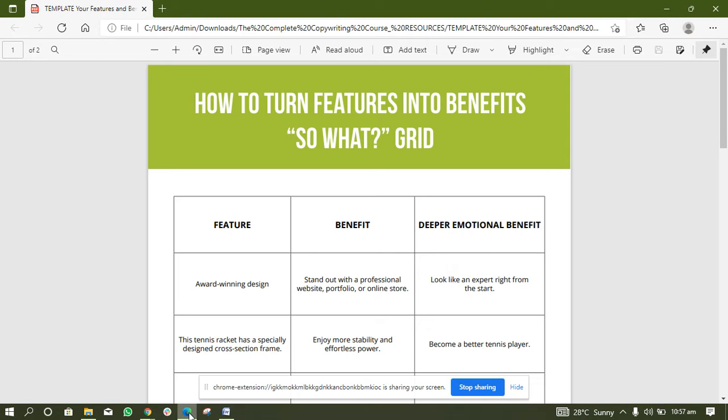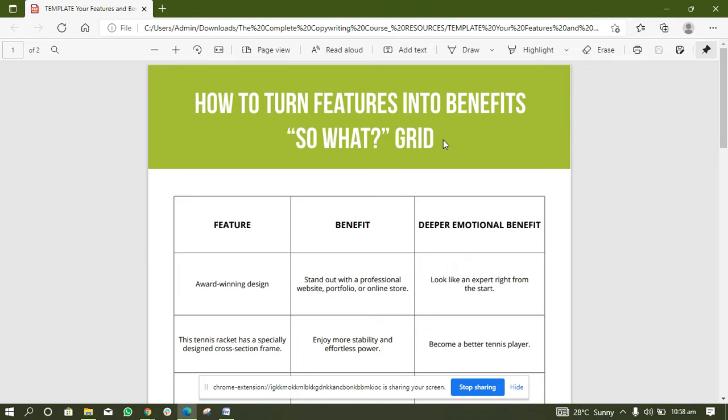Or you can look at it as the kind of result your audience is anticipating by using your product. So for you to easily know that, that's where the features and benefits table comes into play. We call it either a features and benefits table, or a so what grid.